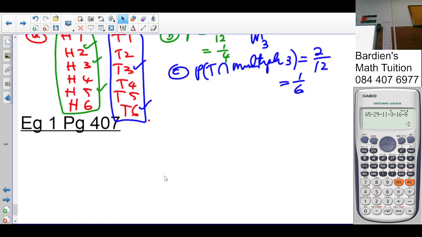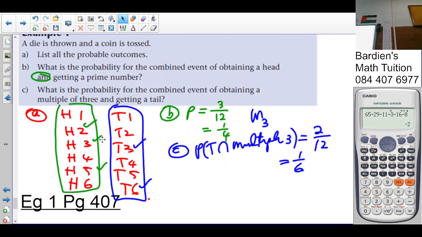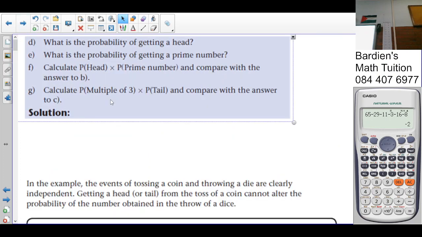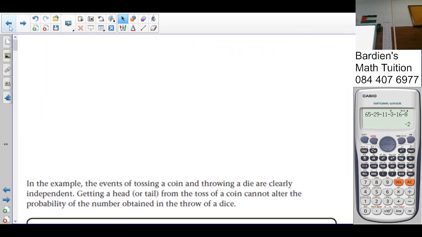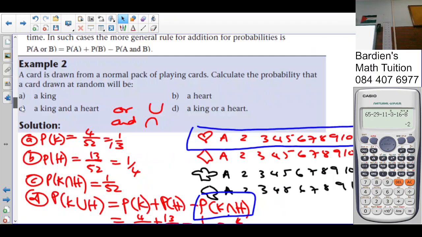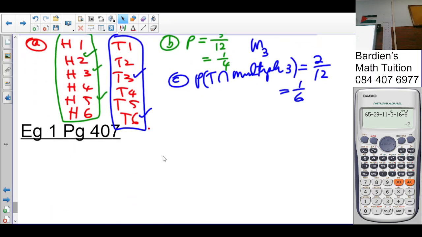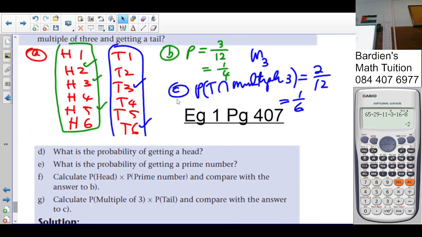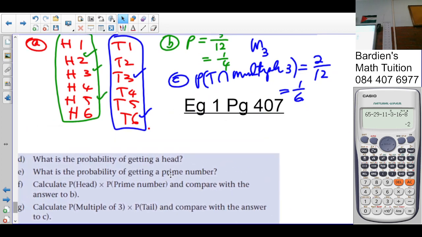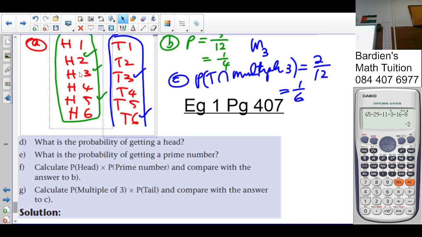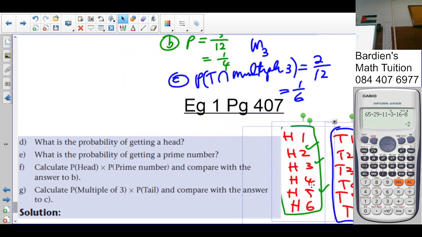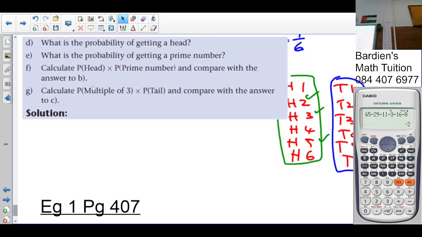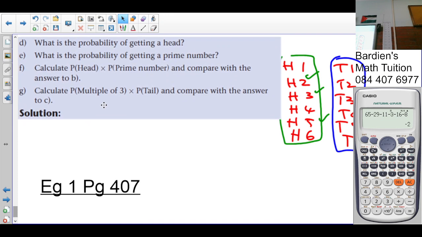Alright? There's more questions with regards to this. In the next part of the calculation, we are asked. I'm going to cut this, bring this over here. The question says,